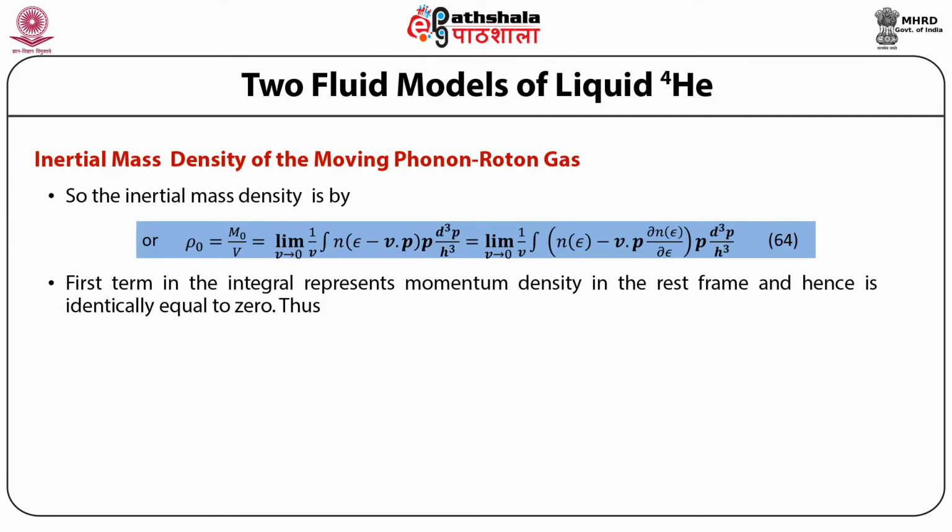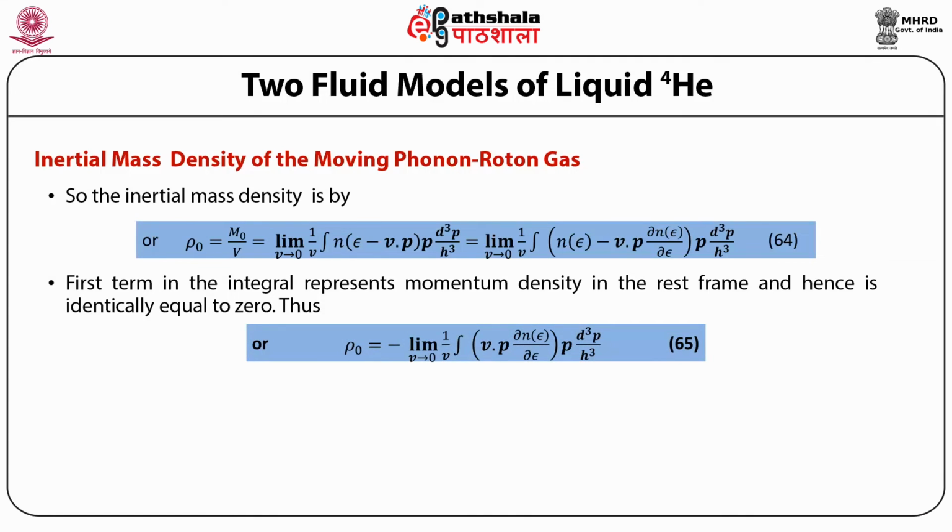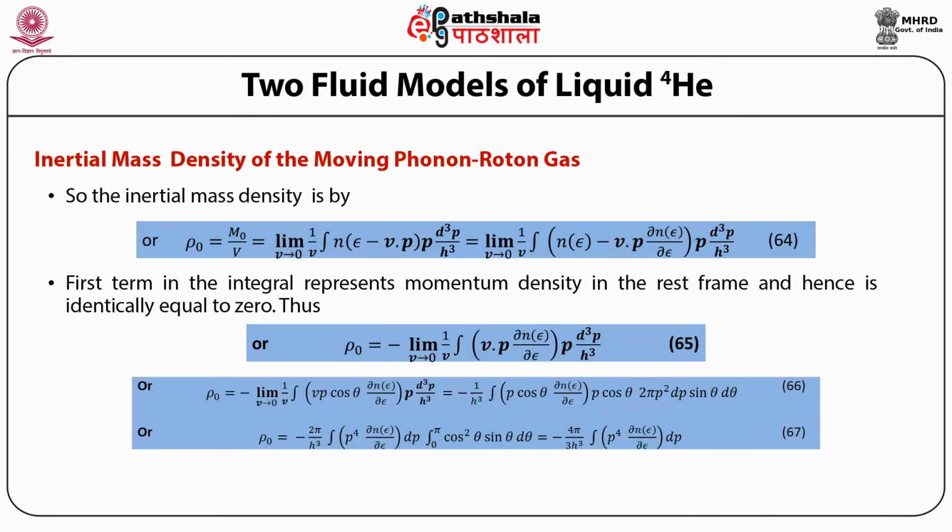The first term in the integral represents the momentum density in the rest frame and hence is identically equal to 0. Thus, ρ0 = -limit v→0 of (1/v) ∫ v·p (∂n(ε)/∂ε) p d³p/h³, or ρ0 = -limit v→0 of (1/v) ∫ vp cosθ (∂n(ε)/∂ε) p d³p/h³, which is equal to -(1/h³) ∫ p cosθ ∂n(ε)/∂ε